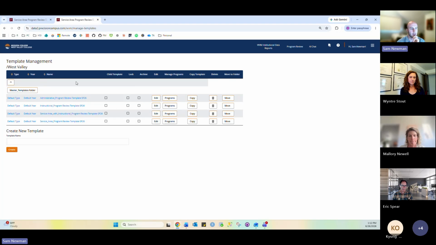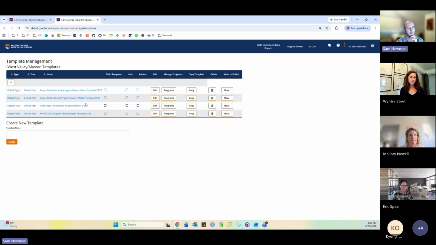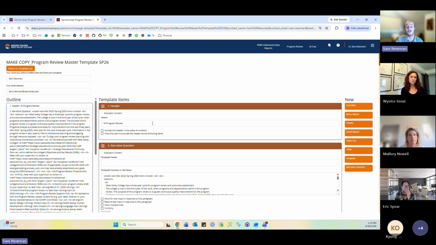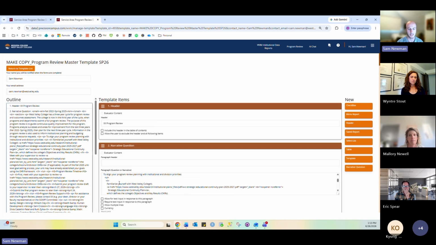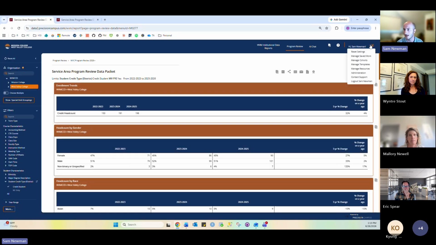And one thing I forgot to add was that I recommend in that third step that I mentioned about training the liaisons, I created a kind of master template, this one here. And the master template is kind of like the starting block for the instruction, the academic, service area, and administrative templates. So I kind of gave this to those leaders, and I think it was helpful because it was able to kind of add uniformity across all the other templates, and then I threw in some basic HTML to help create that. And so if you want to just see that,